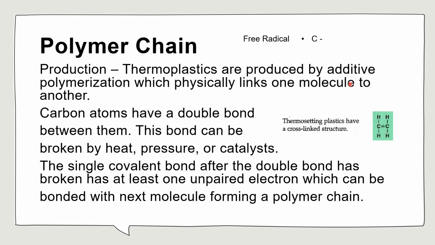So one electron is going to stick with this carbon, and another electron is going to stick with that carbon with their attractive forces, right? So you can see a little electron floating around that carbon, hanging around with other stuff. Your H is still there. So we call that a free radical. As soon as the electron is free, it has a tendency to grab something in the neighborhood, okay? So the single covalent bond, after the double bond has broken, has at least one unpaired electron. It wants to pair up with something.